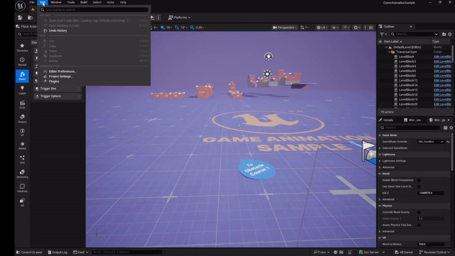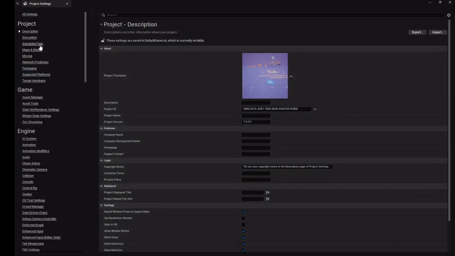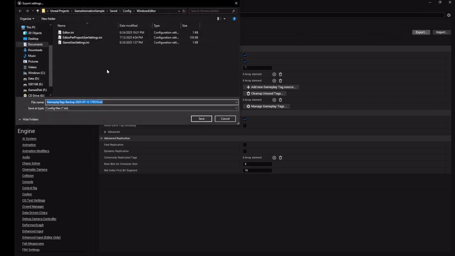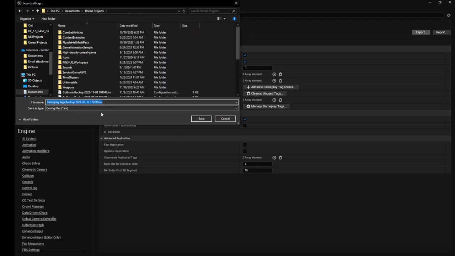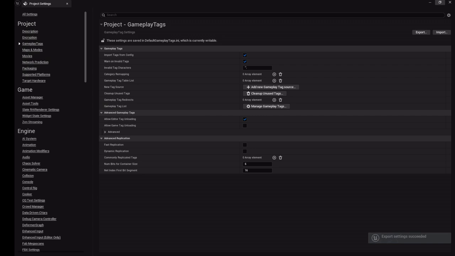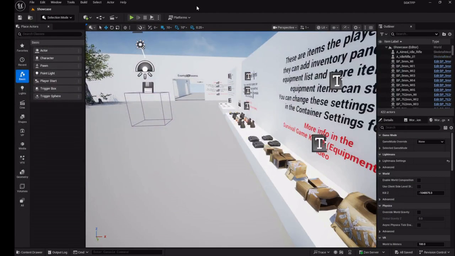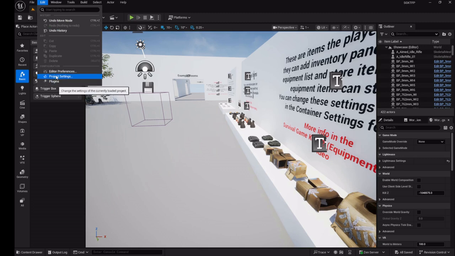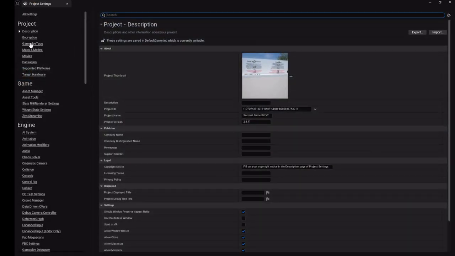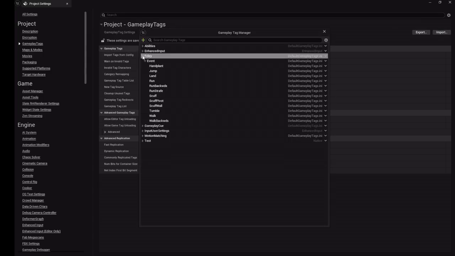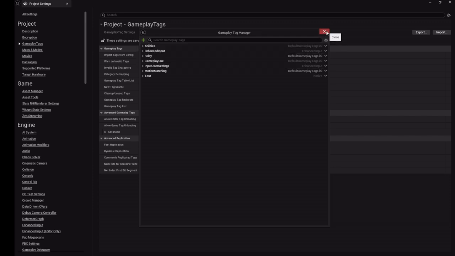First thing, go to Edit, Project Settings, Gameplay Tags, and then export it somewhere where you can find it easily, like Unreal Projects, I guess. And then you want to go to the project that you're working on, go to Project Settings, Gameplay Tags, and import, and then find where you put those. So, all right, once we have our tags in,